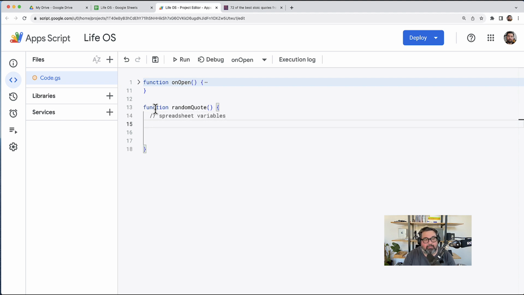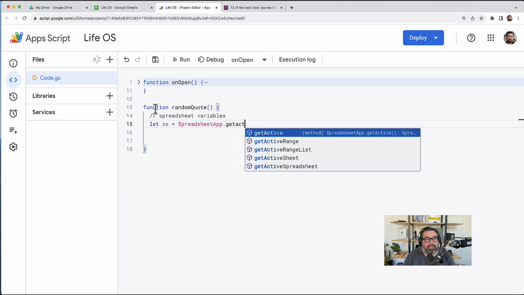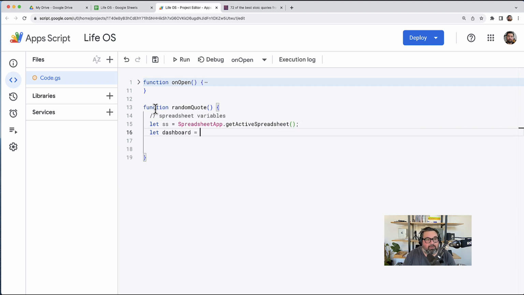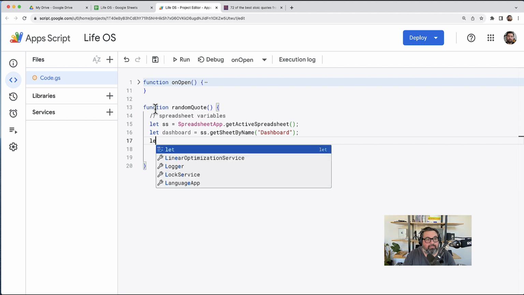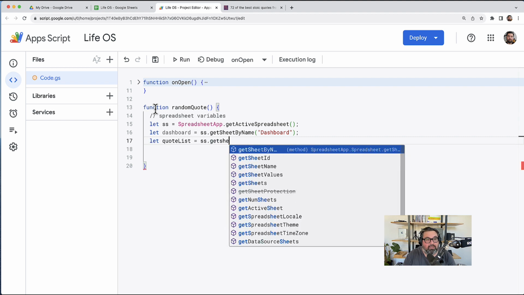I always comment my sections, so we're going to do let ss be getActiveSpreadsheet, and then let dashboard be getSheetByName, and we want it to grab the dashboard, and let quoteList equal getSheetByName